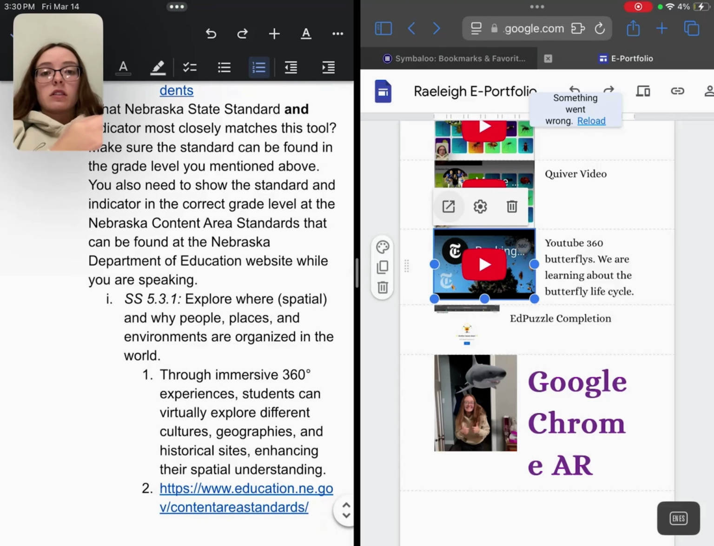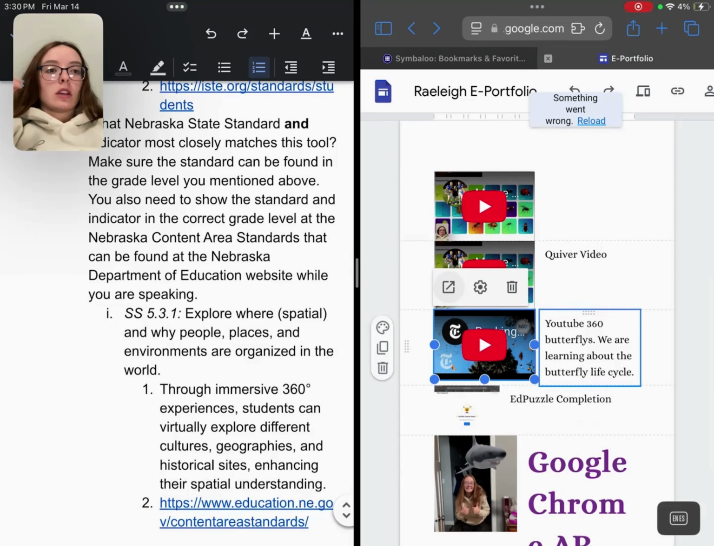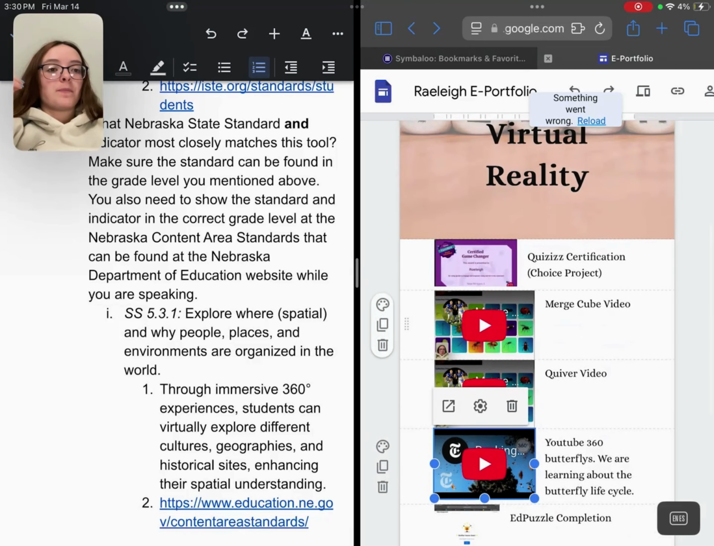The Nebraska standard that I thought it met was SS 5.3.1. Explore where and why people and places and environments are organized, how they're organized in the world. So, like I said, they have things about traveling on there and getting to see how different cultures interact and how different places look. I just thought that this was a great lesson. And then